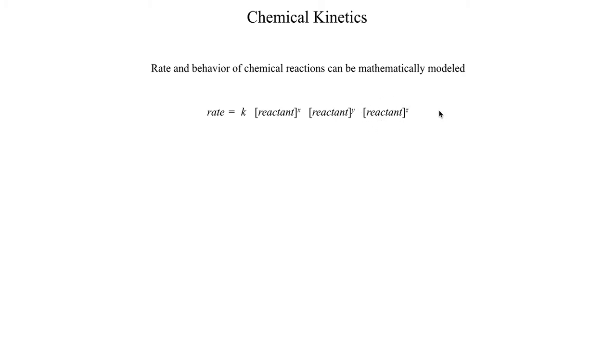In this particular template I have 3 reactants stated, but you could theoretically have 4 or 5 or as many reactants as you want. But usually when you're working with chemical reactions, you don't usually work with more than 1, 2, or 3 reactants